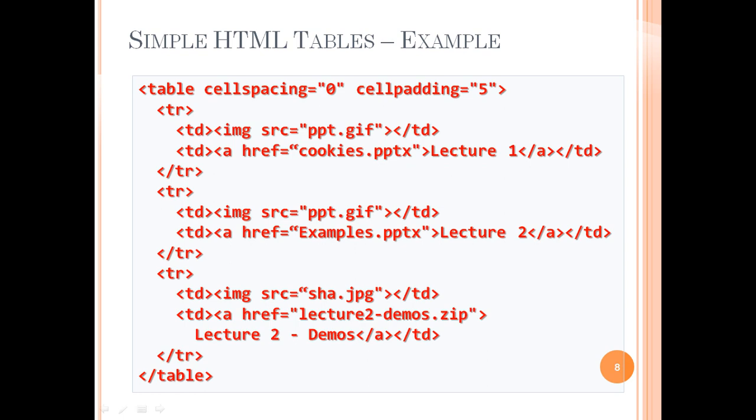Cell padding determines how much space there is between the contents of the cell and its border. Cell spacing sets the amount of white space between the cells. The width attribute sets the amount of screen that the table will use. The subtags of table will be tr, th and so on. Td is the subtag of table heading.